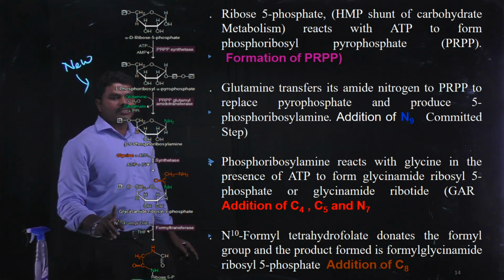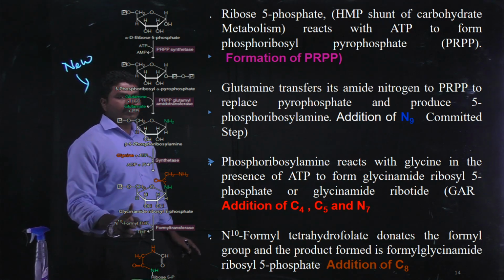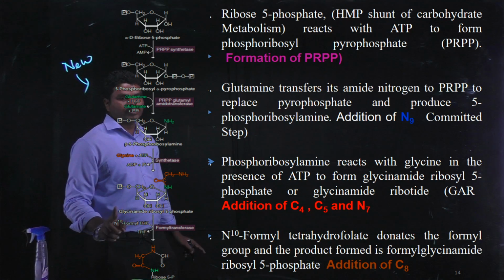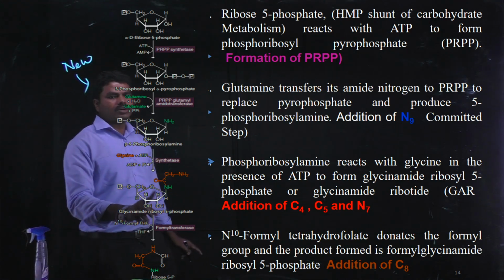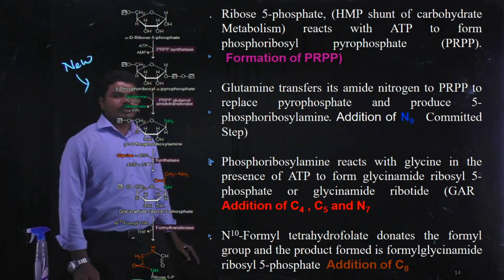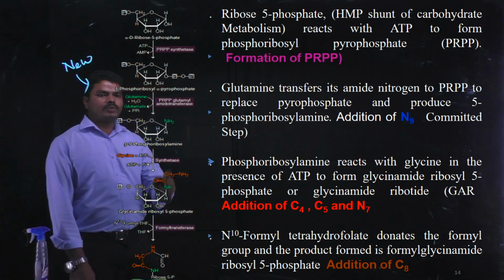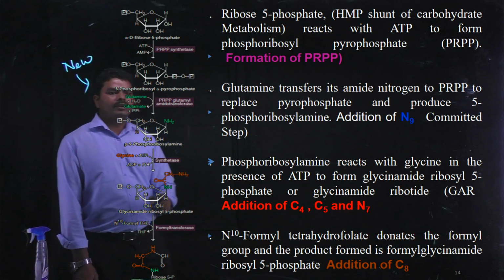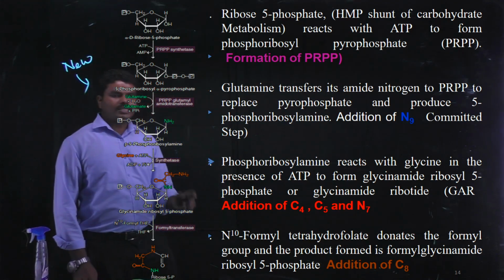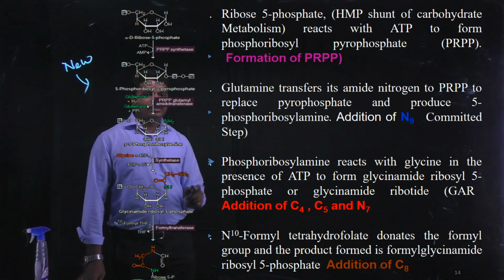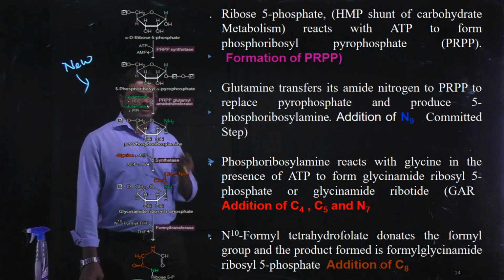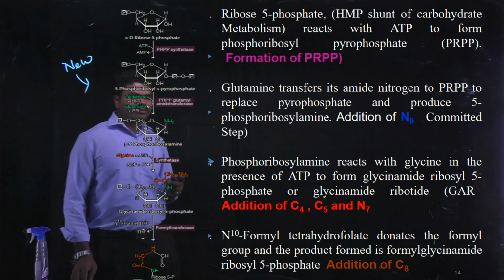That is nothing but the addition of carbon 4, carbon 5 and nitrogen 7. So the 4th carbon, 5th carbon and 7th carbon are added in this step. That is nothing but the conversion of phosphoribosyl amine to glycinamide ribosyl 5-phosphate. And in the next step, to this formed glycinamide ribosyl 5-phosphate, there is an addition of